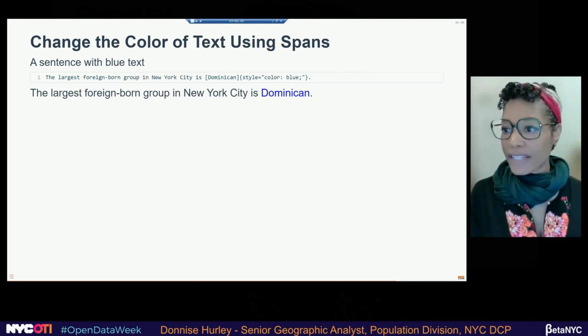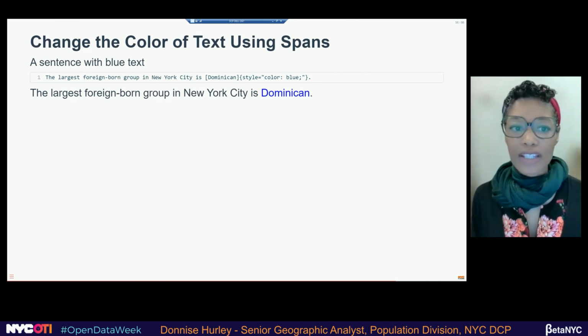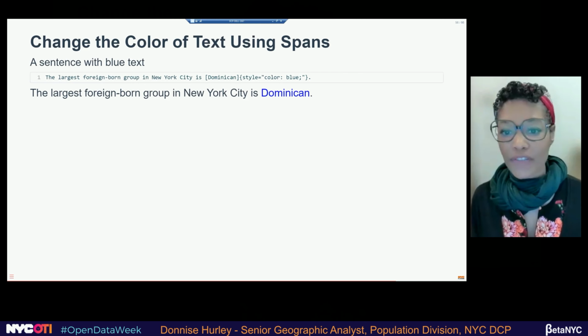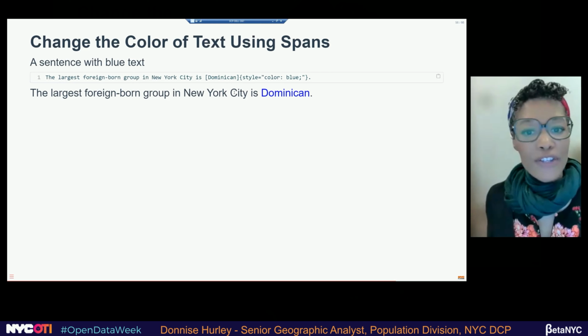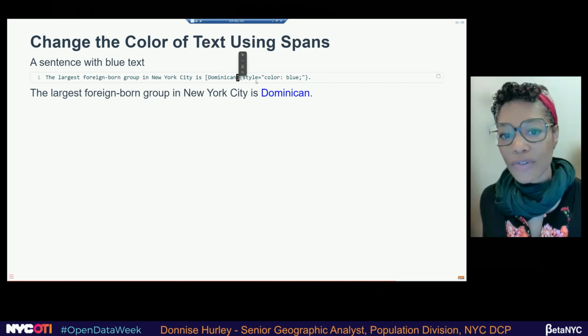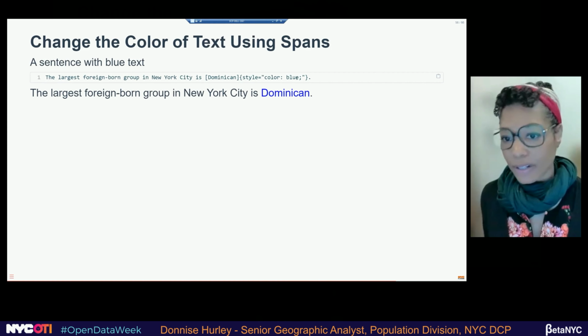So with the fenced div, you change the entire block of text, but with a span, it's for individual words or for a sentence. It's a very similar setup to bringing in a figure. So you have your brackets around the word that you're changing, and then you say the style, color, blue.